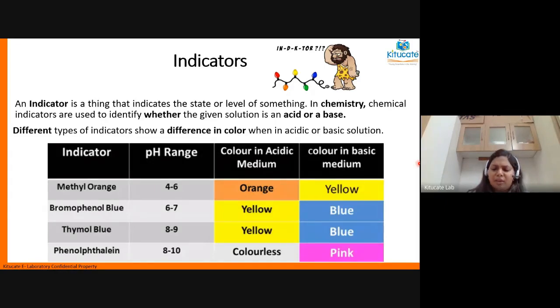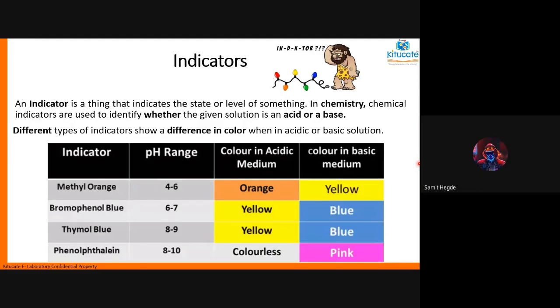Now, one fact I want you all to remember, that not everything is an acid or a base. Any aqueous solution, that means any chemical, when it is in a form where it is mixed with water, only that has a pH. The others don't have pH. For example, petrol, there will be no pH. Oil, there will be no pH. Only the chemicals which are formed with water will have pH. Is that clear?